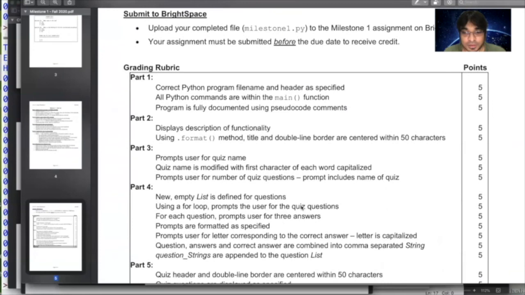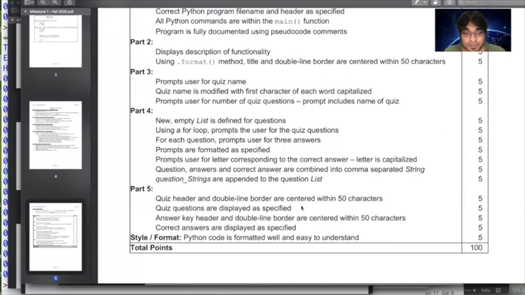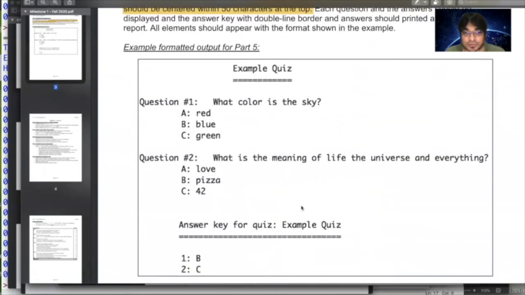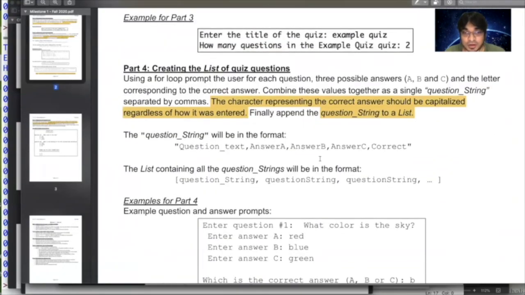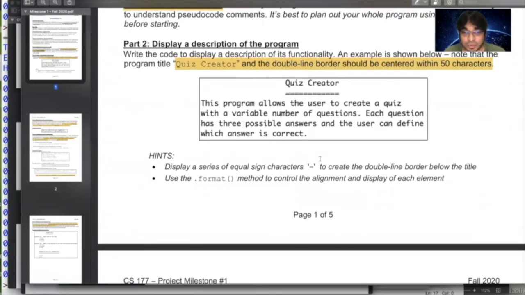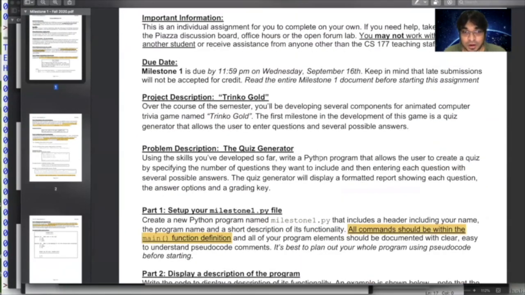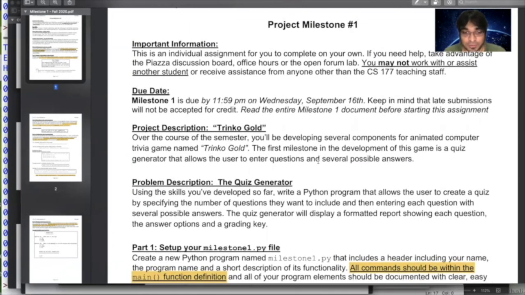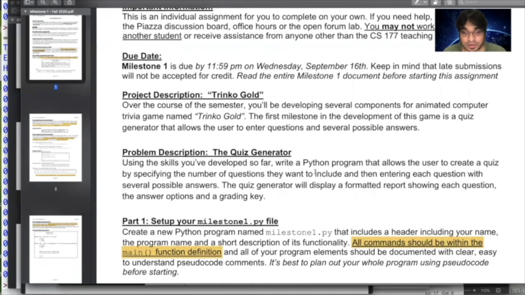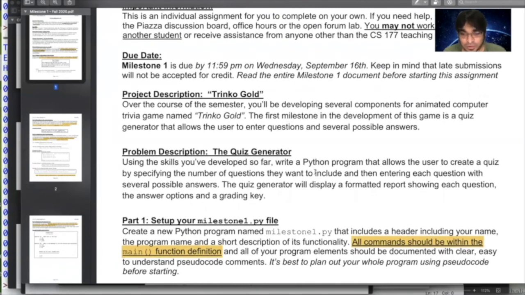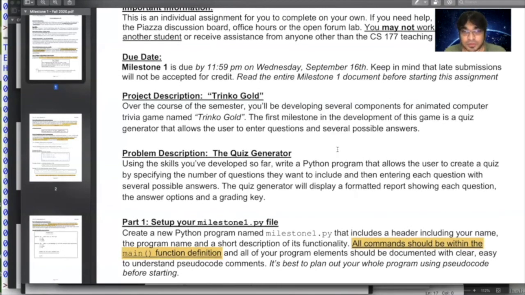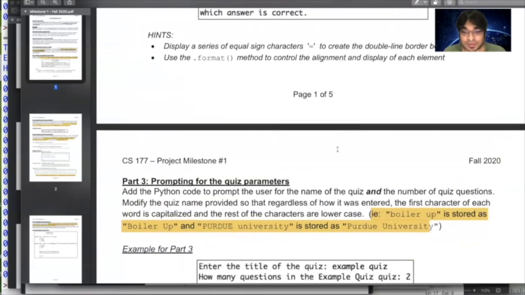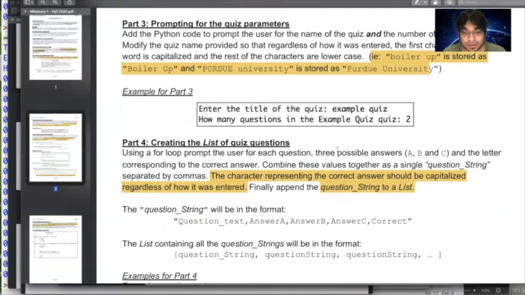Then there's the rubric, and I cannot stress enough that you should start early on this. Don't get overwhelmed. We are going to work with you, and we have office hours, and we are online. You can reach out to us almost all the time. So feel free to reach out and don't get overwhelmed. This is really, really rewarding.